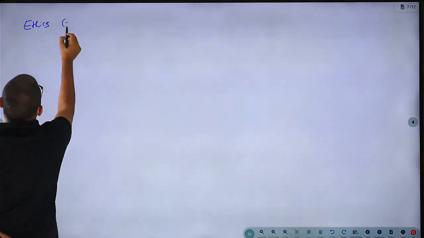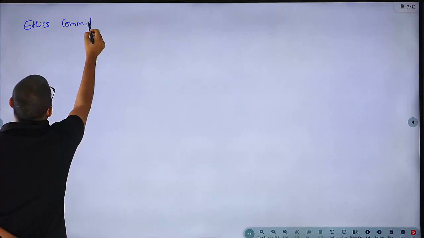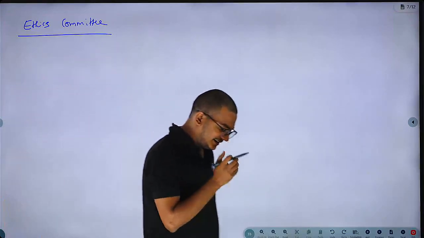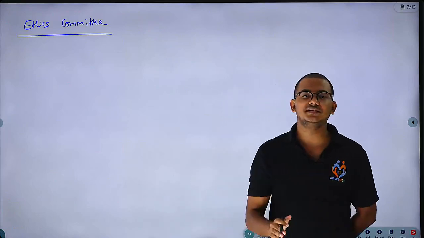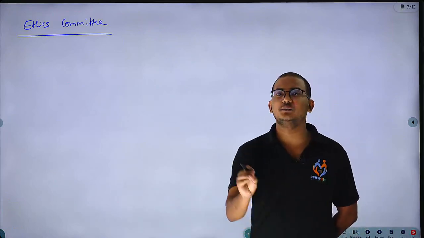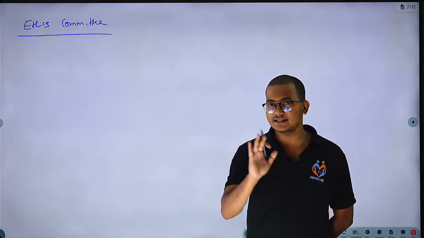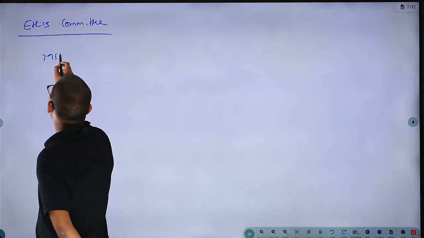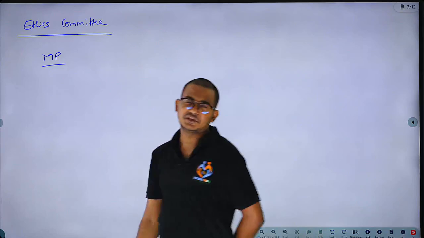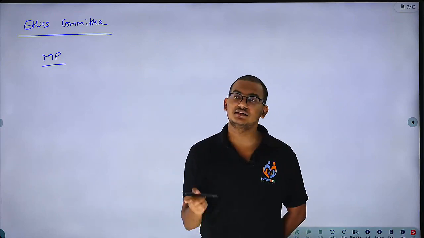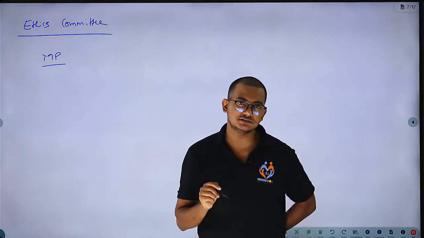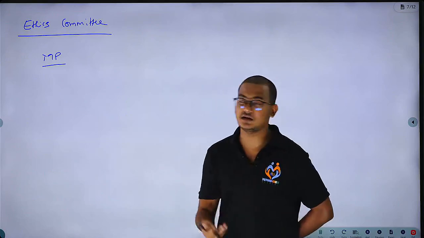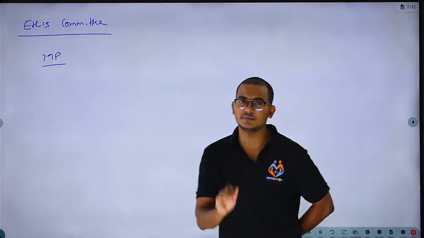These are all parliamentary committees, guys. Ethics committee means it will ensure that the MPs are following the ethics and morals. Generally, he's an MP, guys. He has so much power with him. There are high chances that he can misutilize the powers. He'll get some sensitive information in the parliament, there are high chances that he can sell the information and get the money.